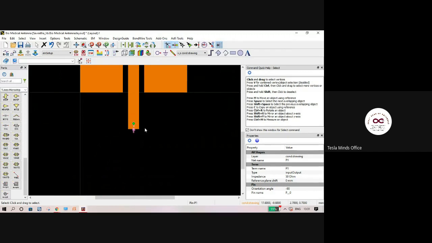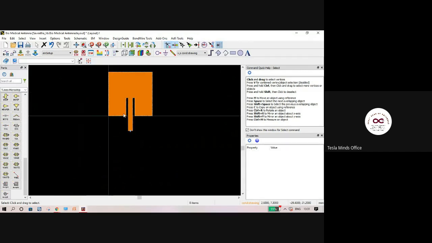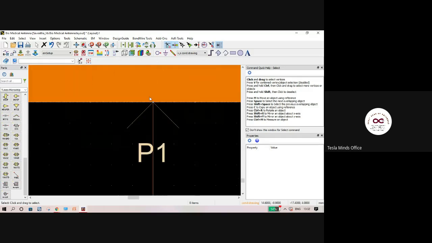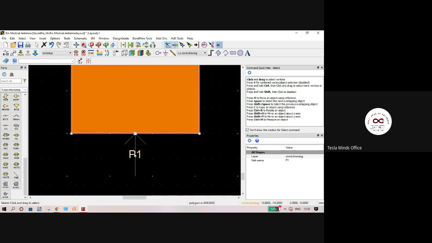So here what we have done is we have designed an antenna and we have told the software that this is the input point, right? This is where the antenna will receive the incoming wave, or it will send the outgoing wave from the free air to the transceiver circuit, right? So this is the second step. Draw the circuit in the first step. The second step is specifying the input or output point by using the pins. Right, that is the second step.